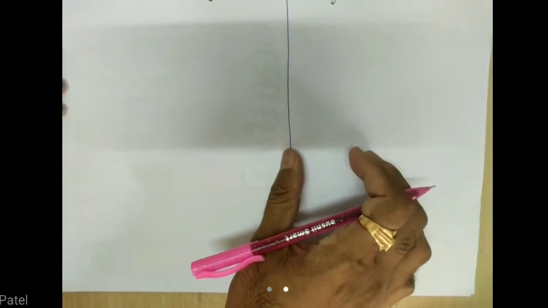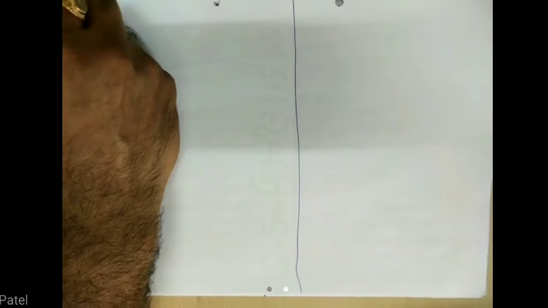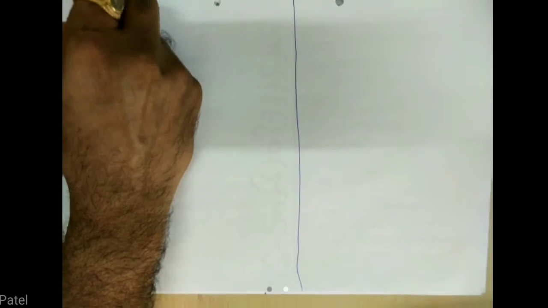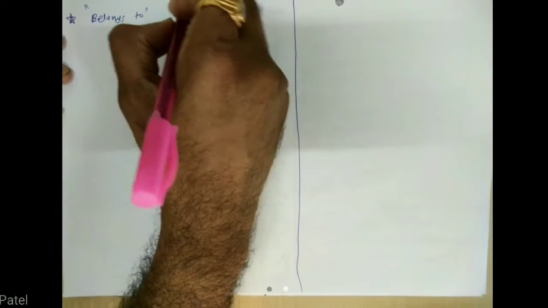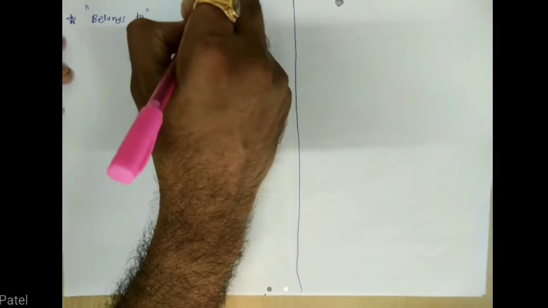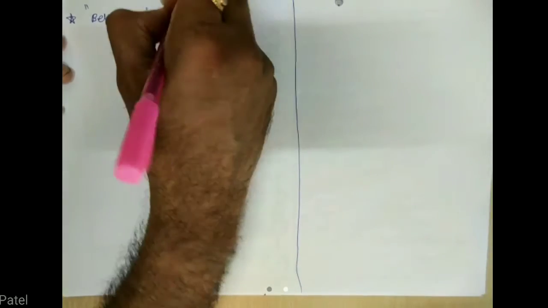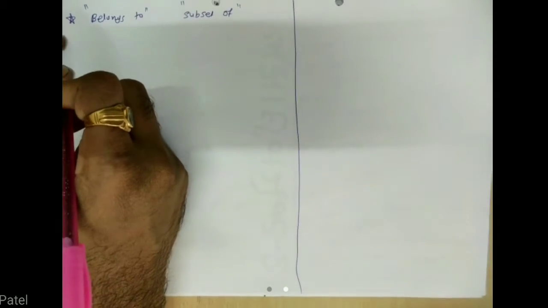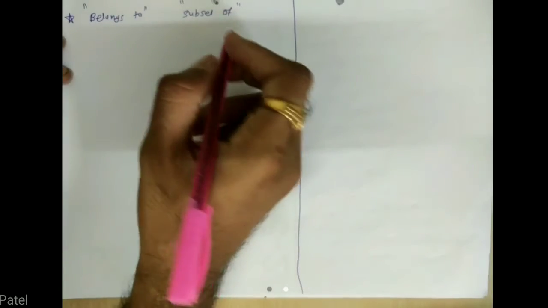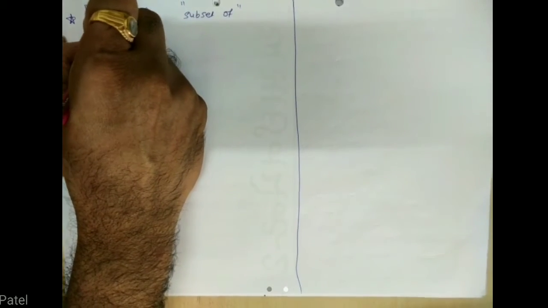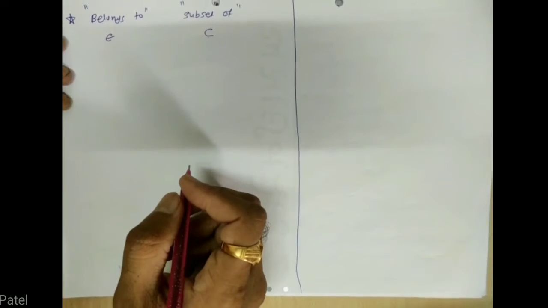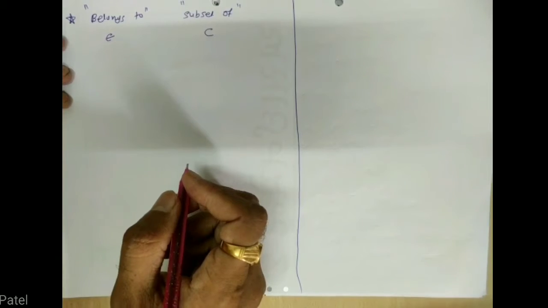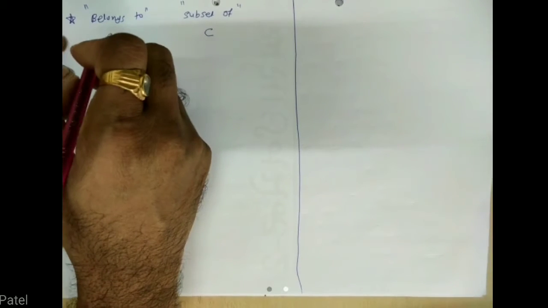We have to discuss the difference between belongs to sign and subset sign. We have discussed the concept of belongs to, and today we will discuss the concept of subset. So what is the difference between these two phrases, belongs to and subset of? The symbol which is used for belongs to is this one, and the subset is this one. So you have to consider the difference between this belongs to symbol and subset symbol, and that can be understood by using one example.